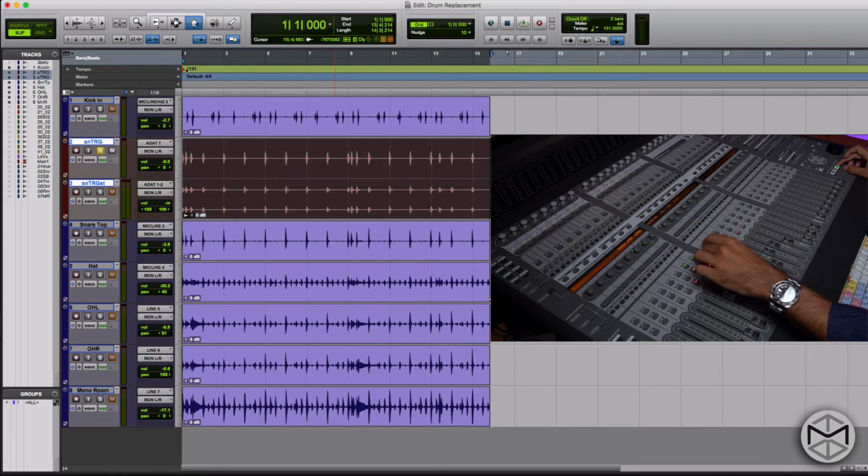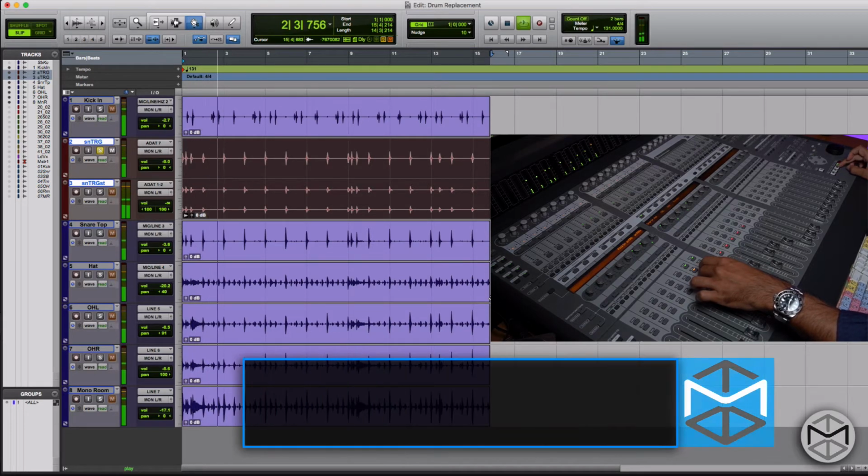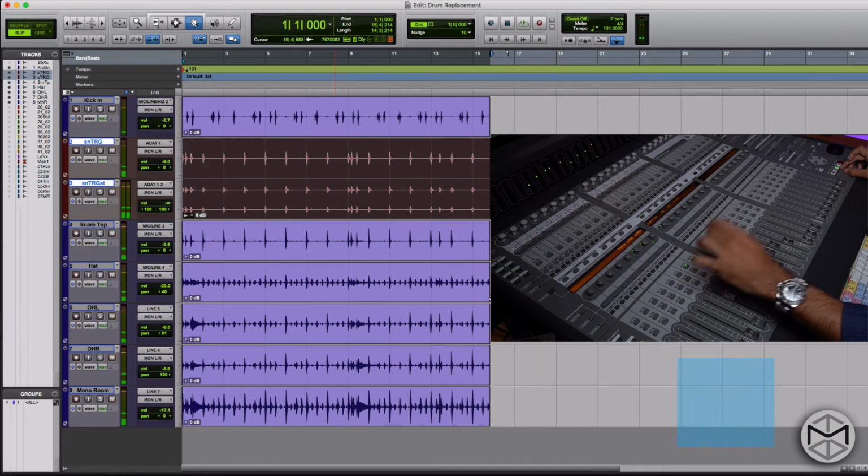And listen to the difference that this snare makes when playing in context with the drums. So right now it's completely lifeless. In context,